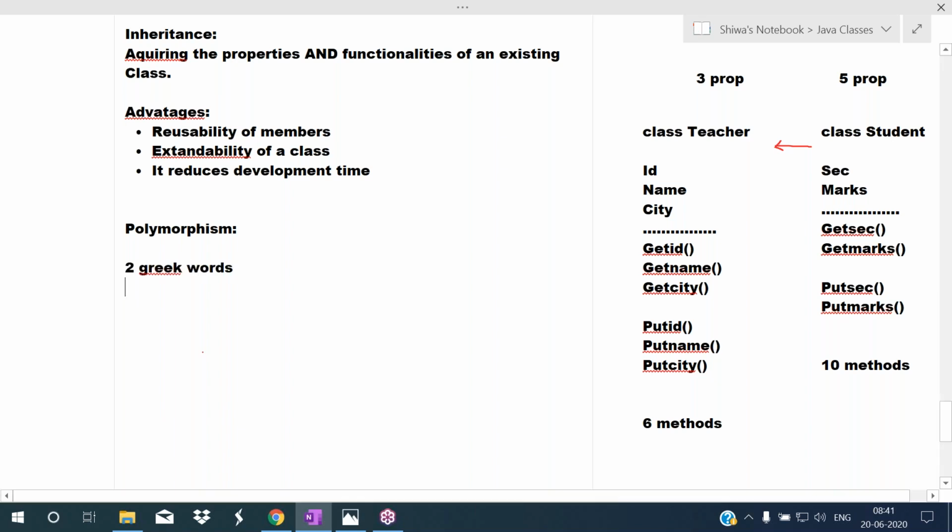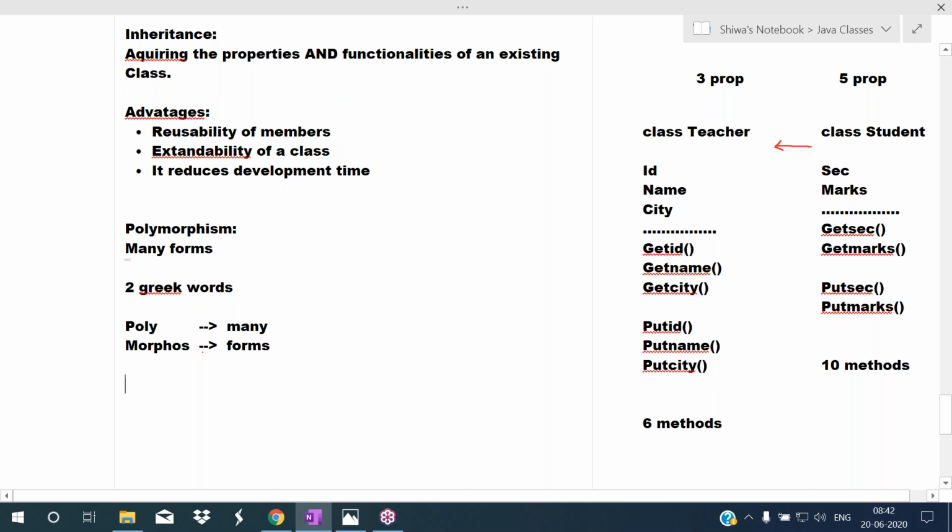The first one is poly, and the second one is morphos. Poly means many, morphos means forms. So the general meaning of polymorphism is many forms.